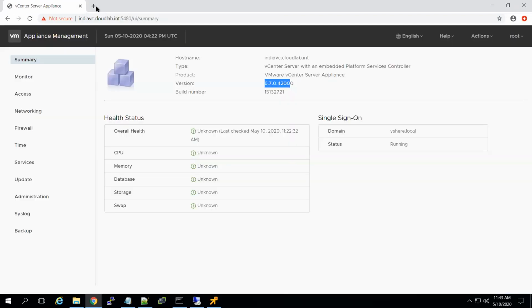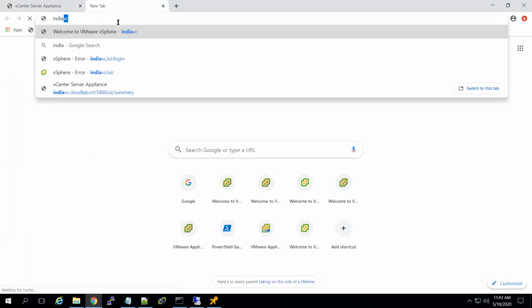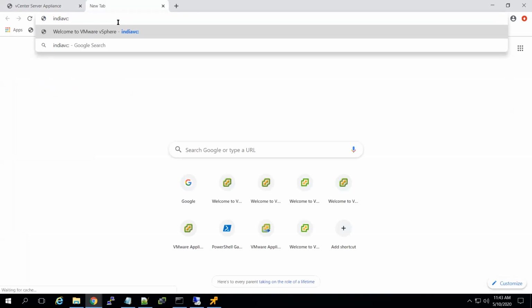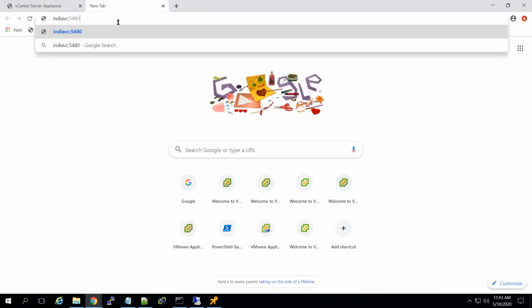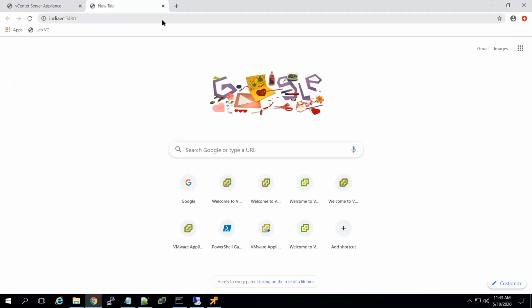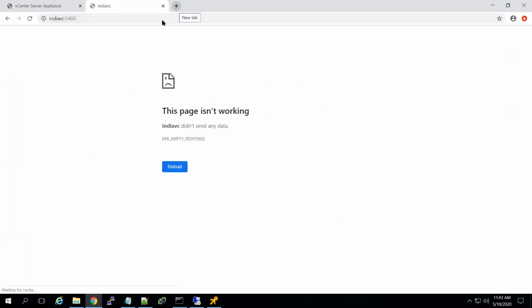Okay, I will try to log in. India VC colon 5480. That would be my appliance. That is not working.